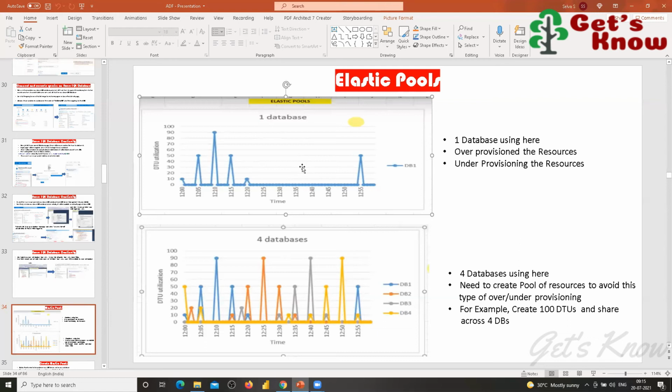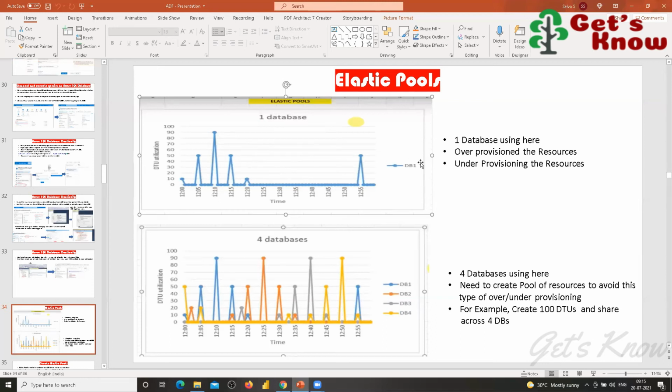Here the process happened only one time up to 90, so most of the time it is under-utilized.